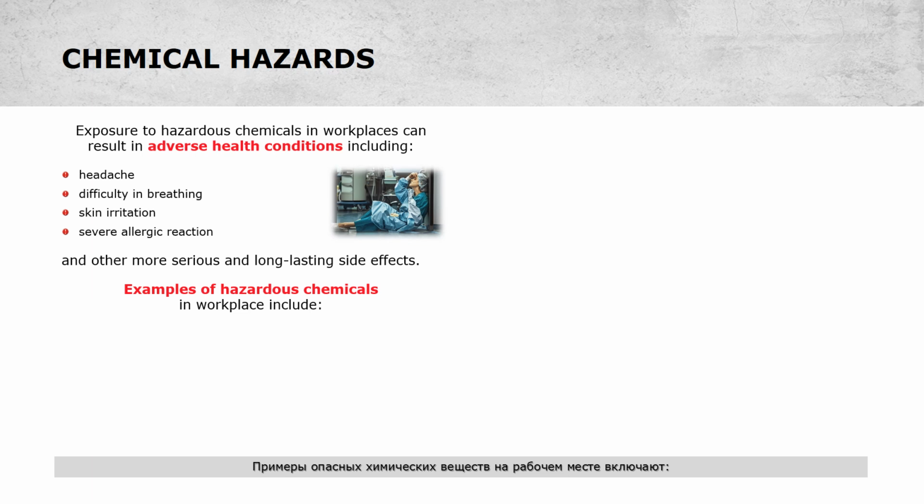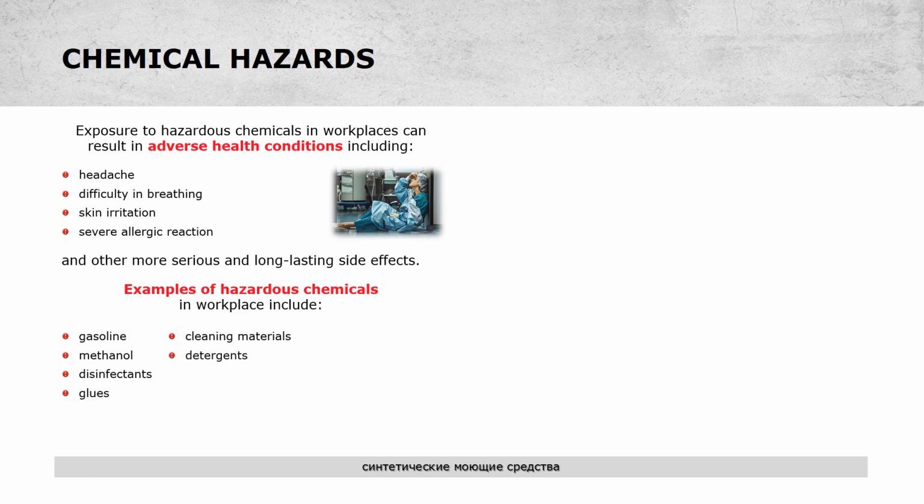Examples of hazardous chemicals in workplace include gasoline, methanol, disinfectants, glues, cleaning materials, detergents, pesticides, paints, cosmetics, welding fumes, heavy metals, metalworking fluids, chemical reaction